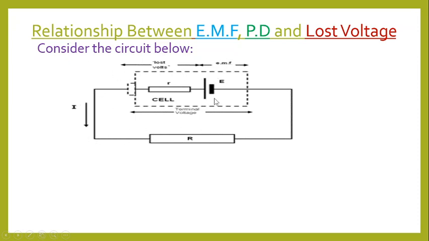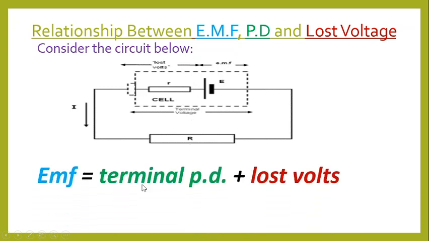So the electromotive force I'm having here is performing two functions. One, it's supplying voltage unintentionally, which is not designed for it. It's supplying voltage to the internal resistance by force, because internal resistance is not meant to be in the circuit. So it's supplying voltage to the internal resistance and to the external load. The total function of this EMF is that it's supplying to two things: internal resistance r and what? External load.